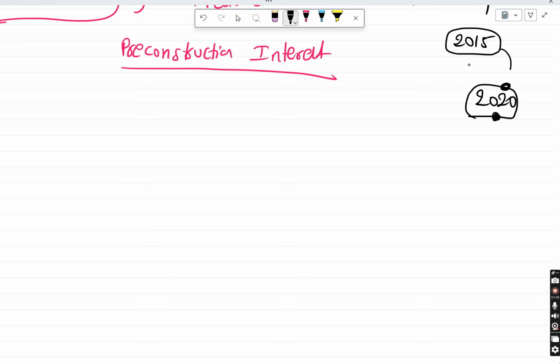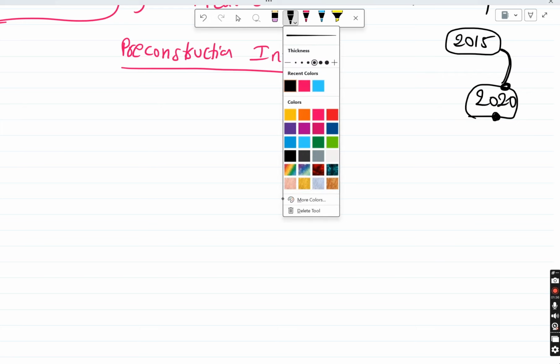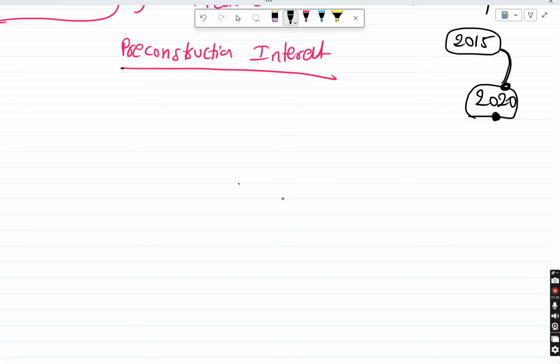During this period I should have borrowed money to construct the house, and then I should have paid interest for it, or I have to pay the interest for it. So what about that part? That is pre-construction interest. Before constructing the house,